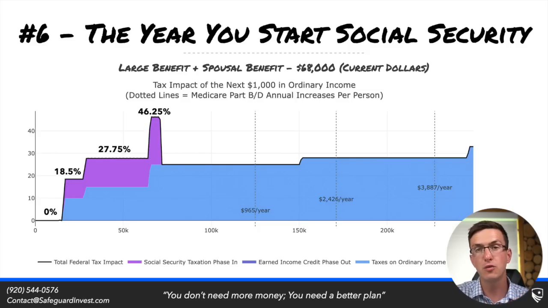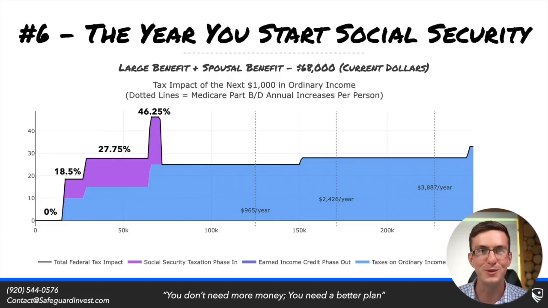Now, if they performed a lot of Roth conversions prior to this, then there might be some withdrawal optimization where the last $10,000 worth of income they might want to actually show in the form of capital gains or show in the form of Roth withdrawals. But again, this isn't the end of the world with their given tax situation. They're in a fine tax situation from 70 until 72. And once they turn 72, this is when they start to move into a worse tax situation due to, well,